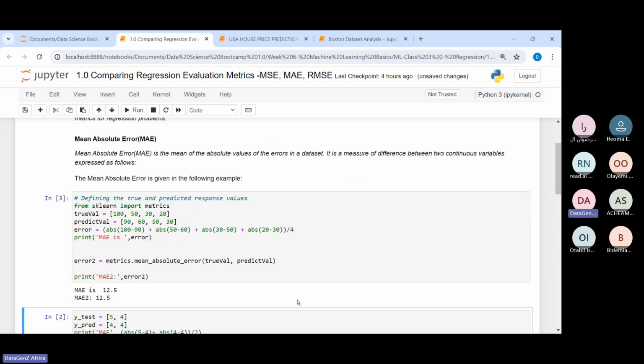And so you see here now that it's the same thing. Whether you're doing it manually or you're calculating it using Python, it's the same thing. So that's just the idea of your mean absolute error. So I'll run quickly the